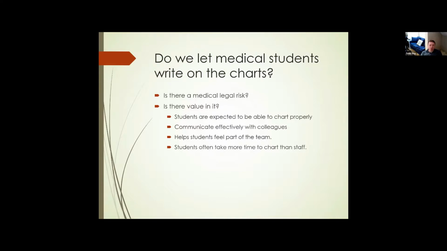And then medical students, what do you do with your medical students? Do you let them write on the chart or not? And I think, you know, that we expect them to be able to chart properly. We expect them to communicate with their colleagues. So I think you have to expect that they're going to have to write on the chart. I like to ask my students to leave me a space so that I can write my comments on the chart, but